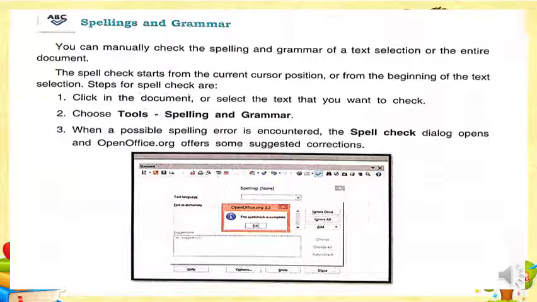Steps for spell check are: first, click on the document or select the text that you want to check, and then choose Tools, Spelling and Grammar. When a possible spelling error is encountered, the spell check dialog opens and OpenOffice.org offers some suggested corrections.